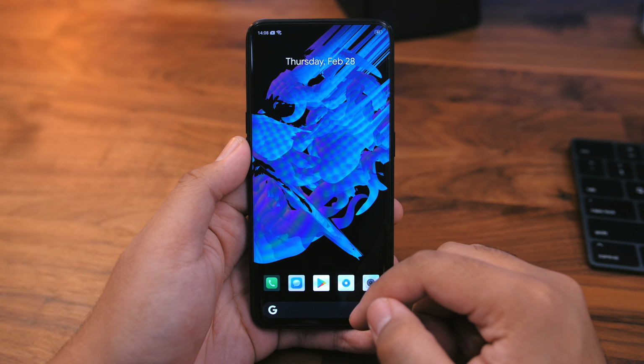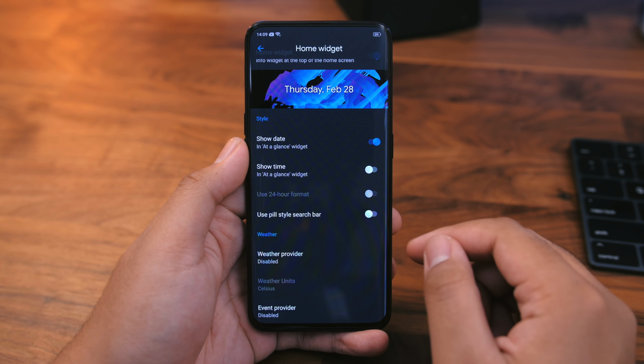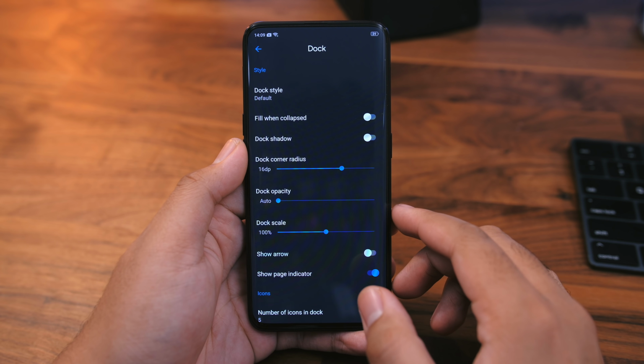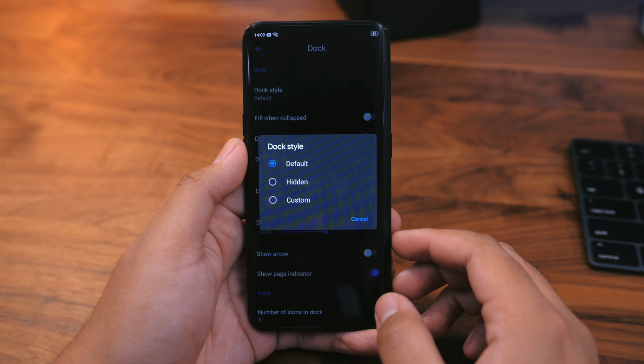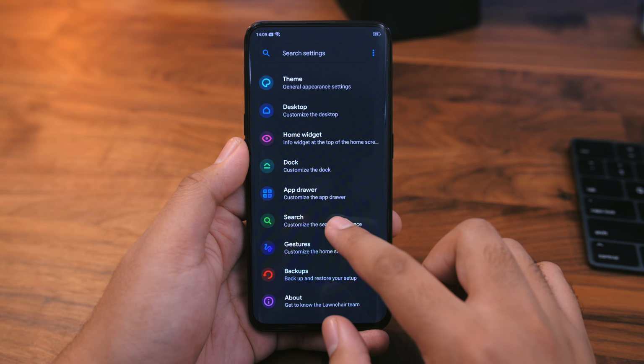Back in November 2017, I did a full overview of the original version that you can find on the Play Store. Now, the fact that I did a dedicated video shows just how in-depth and customizable this launcher really is, and as you can see, this launcher has a setting for pretty much everything. Long story short, if you're looking for a clean, pixel-style launcher that's got loads of tweaks and customization, this is